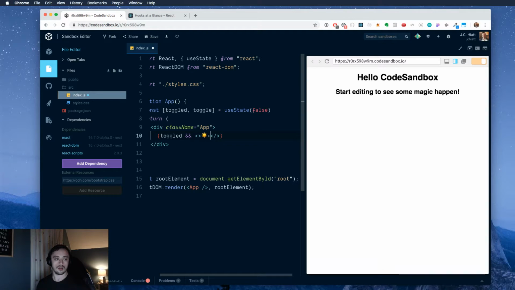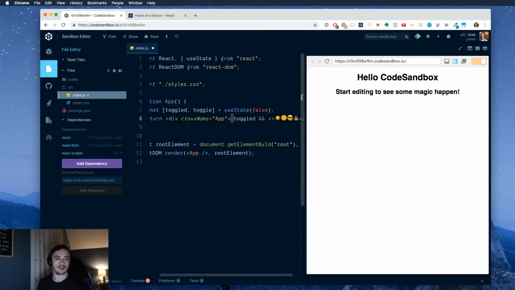And how about a sun with a face? That sounds great. Let's see, how about some sunglasses? I wish I needed to wear some sunglasses. And poop, because I have to poop every day. So cool. All right. So if I hit save, nothing's going to be there because obviously we are not toggled